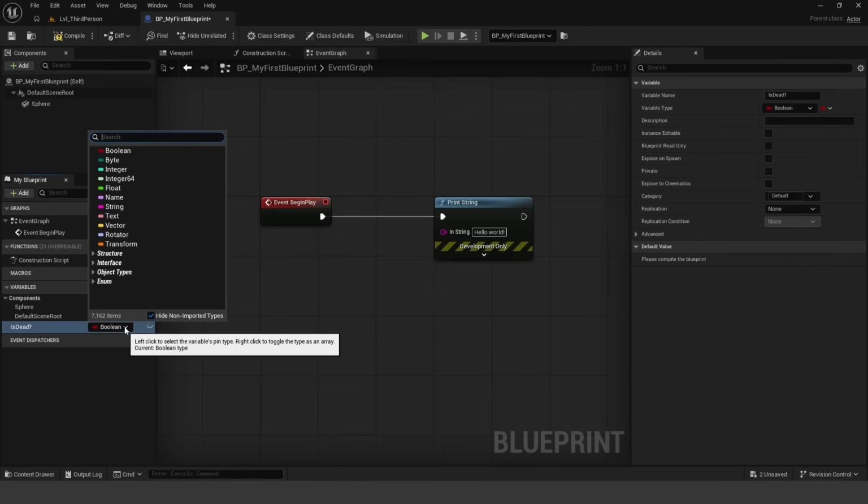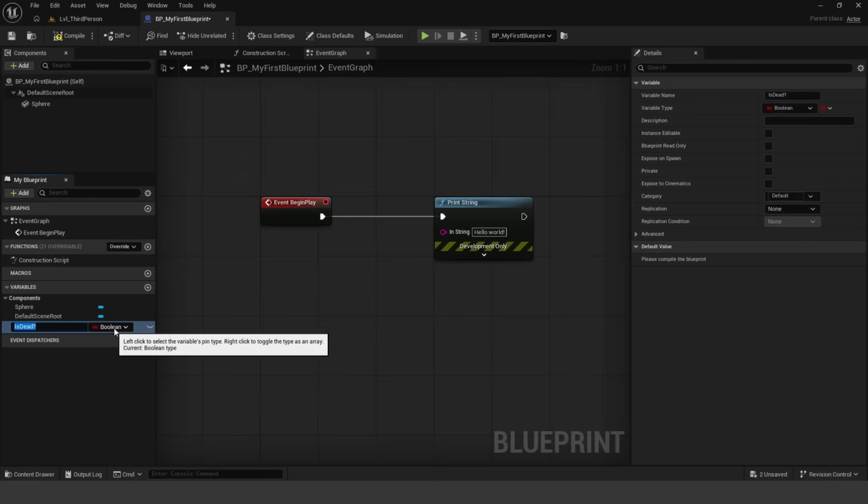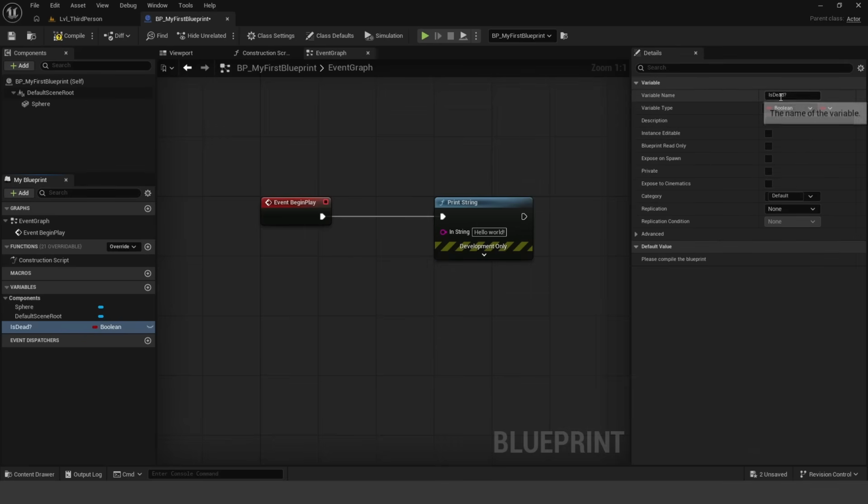By hitting this drop down, you can see that we have a lot more different types, and we'll talk about these here in a second, but let's first talk about the Boolean variable type. So once you have this Boolean variable selected, in the details panel, you'll notice over here, we have some details about this variable. So we have things like the variable name, the variable type, but most importantly down here, we